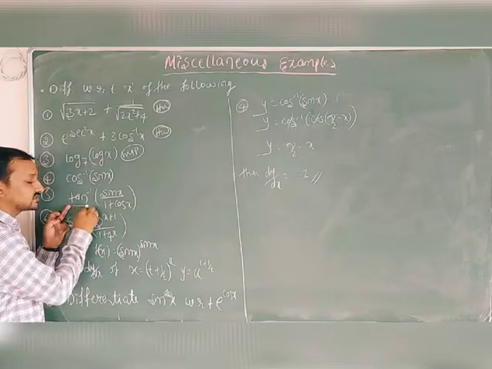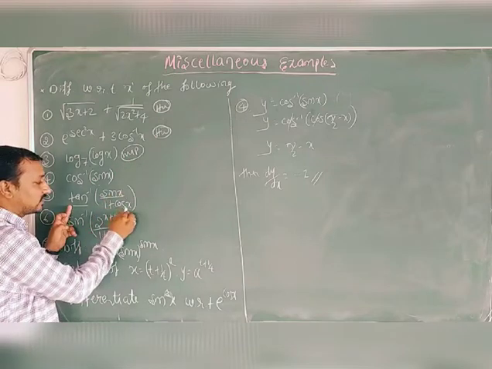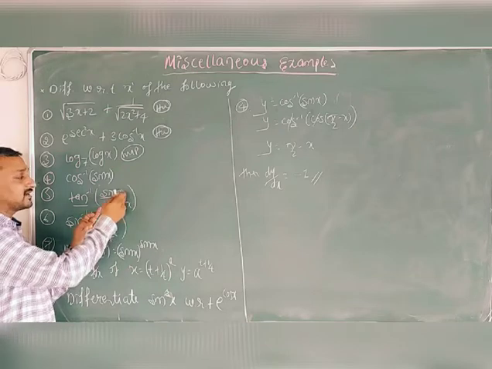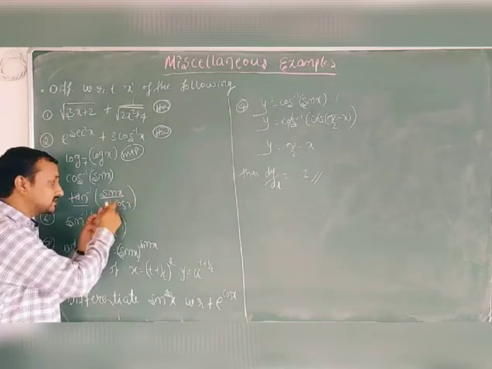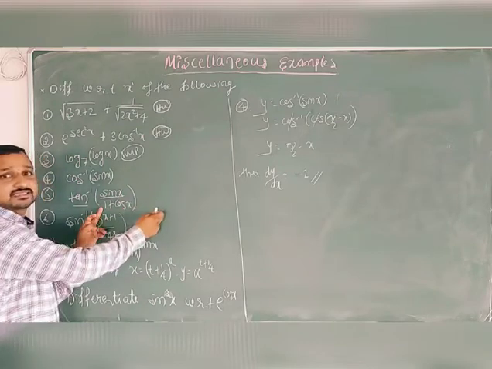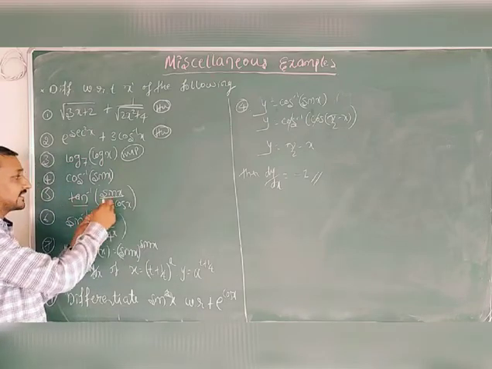Here the tan inverse function is there. Then sin x divided by 1 plus cos x is there. So here we use the half angle formula. What is the formula of sin x? 2 sin x by 2 into cos x by 2. 1 plus cos x is 2 cos square x by 2. The 2 cancels, one cos cancels. So sin x by 2 by cos x by 2 is tan x by 2. Tan inverse tan gets cancelled.